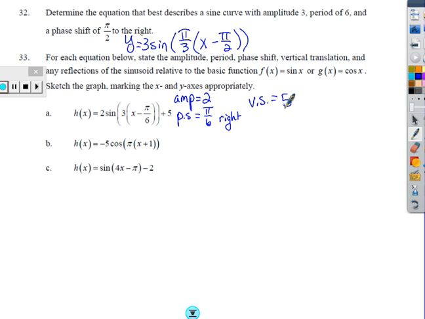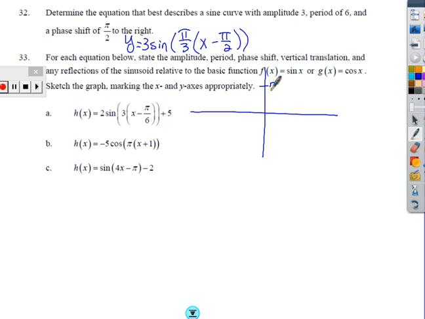And I can also tell that there is no reflection in this case, so I'm all done with the information they needed me to give. The only thing I still need to do is sketch out what a graph of this would look like. So, based on my amplitude being 2, that's going to tell me that I can move 2 units away from my midline. So in this case, my midline would be right at 5. So I'll put 5 right there. And that means my lowest point is going to be down here at 3,